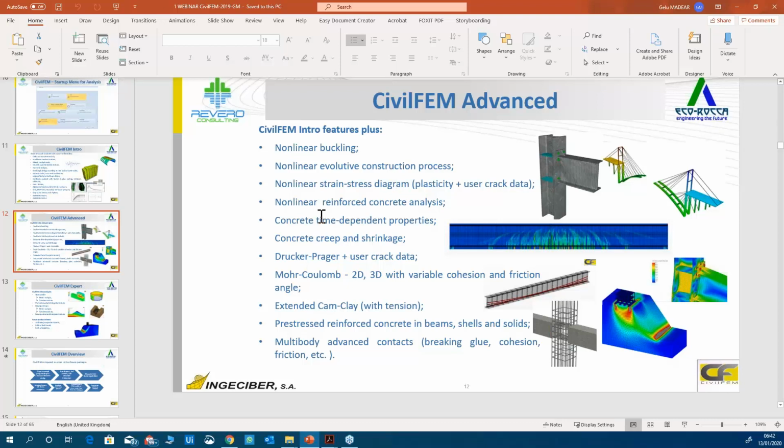We can have a nonlinear stress-strain behavior, for example plasticity and user crack data. We can do a nonlinear reinforced concrete analysis. We can have time-dependent properties for the concrete. We can have creep behavior and shrinkage of the concrete. We can use material models like Drucker-Prager, Mohr-Coulomb, extended Cam-Clay, Hoek-Brown, and hyperbolic model.